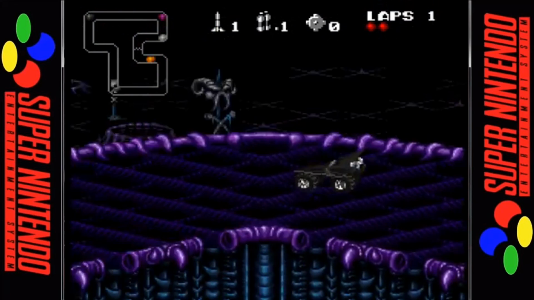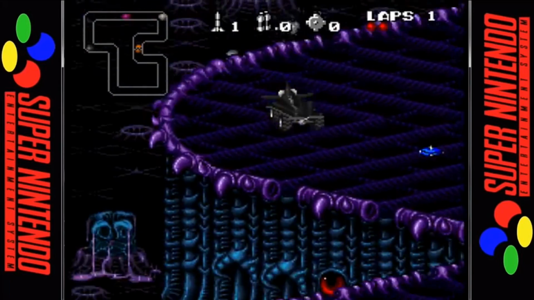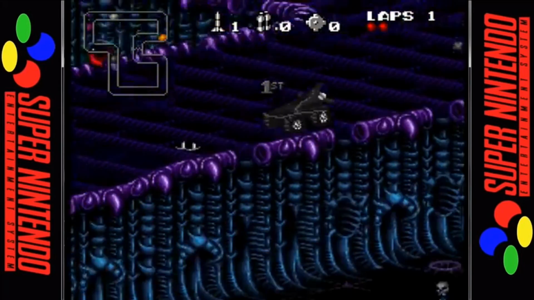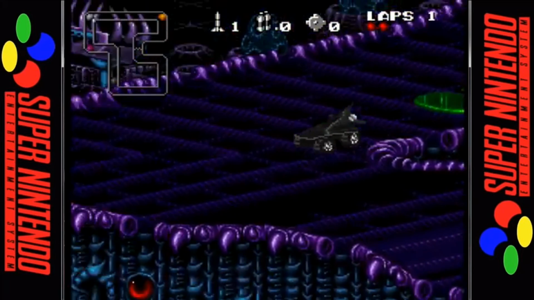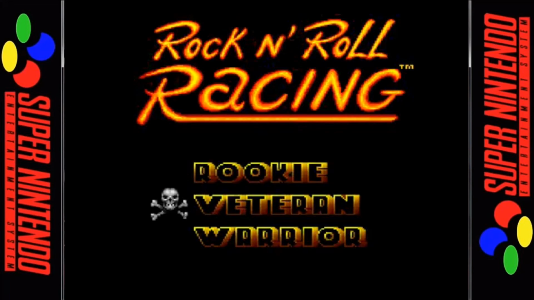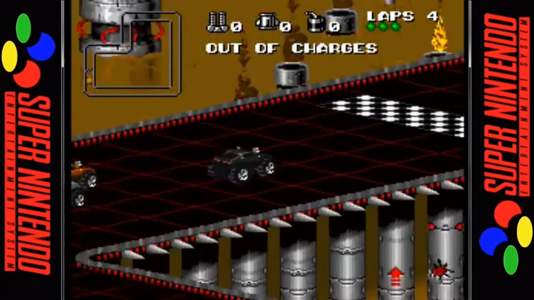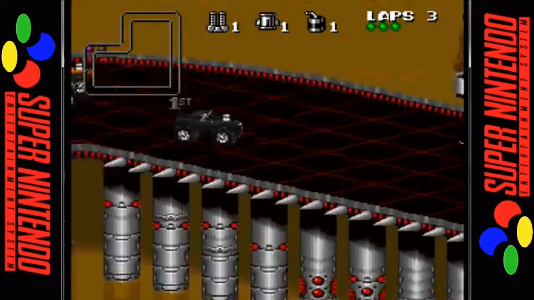The races take place on a number of different planets. The planets you can race on depend on the difficulty you selected. On Rookie, you can only race on the first 3. On Veteran, you can reach the 5th, but on Warrior, you can race on all 6. The 6 areas you get to race in are Chem 6,